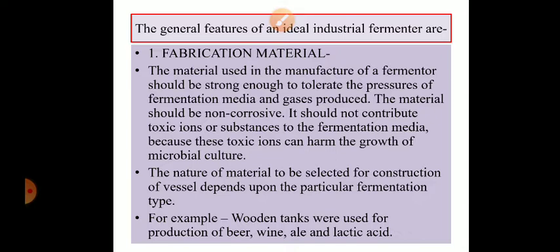Okay, so the fabrication material should be strong enough to withstand the high pressure that develops because of fermentation media and gases. At the same time, the fabrication material should be non-corrosive and non-toxic to the microorganism as well as non-toxic to the fermentation medium. Now, the nature of the material that is selected for constructing the vessel depends upon the particular type of fermentation.